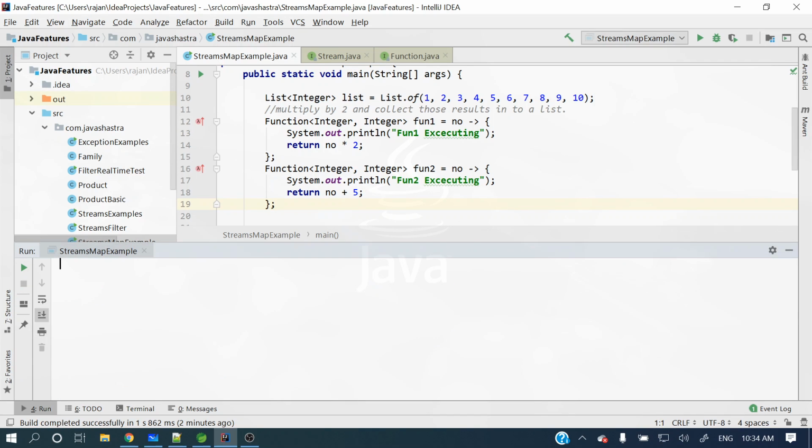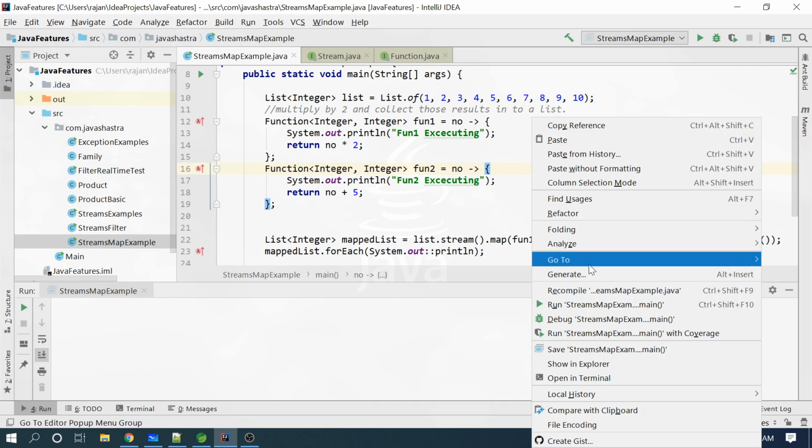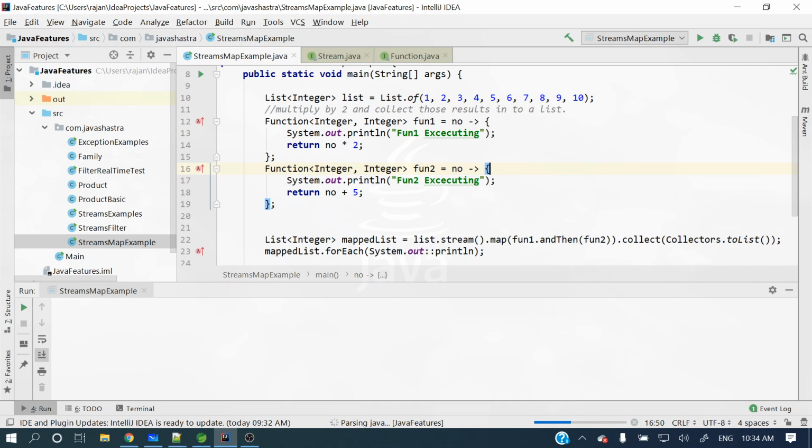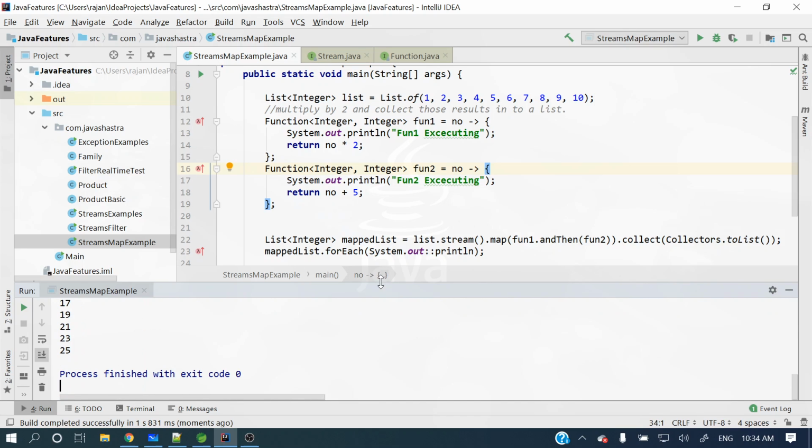So first this function will execute, then this function will execute, right? So let me run this program and we're gonna see. You can see function 1 is executing, then function 2 is executing. Whatever I have explained, that is correct. First function 1 is executing, then function 2 is executing, right? Then if you see the results,